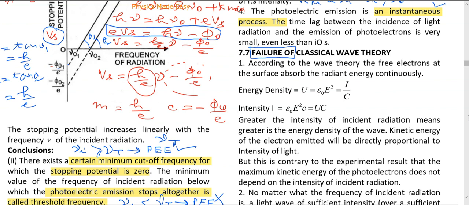Now, electromagnetic wave theory was successful in explaining the behavior of light. In that case, we assume light to be of electromagnetic nature, and there is an electric vector and a magnetic vector. Electric vector vibrates in